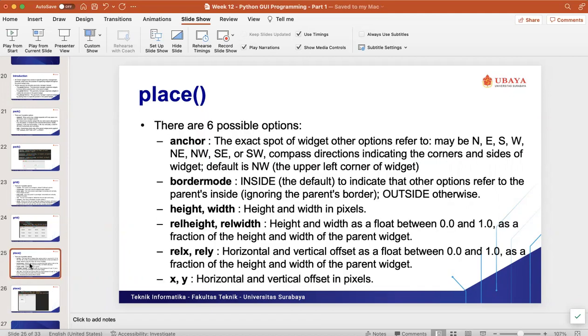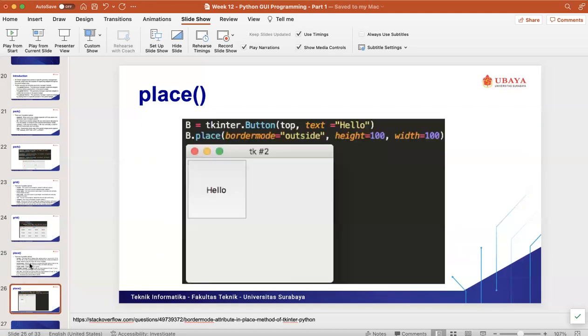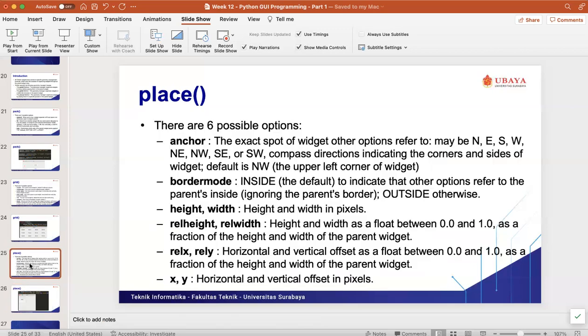I will try it first, because for the place method I forgot about the anchor argument here.